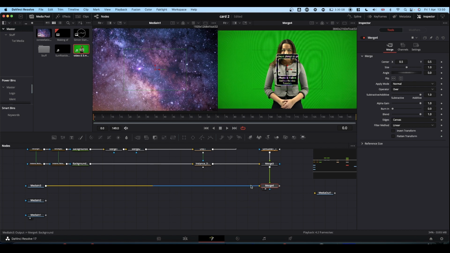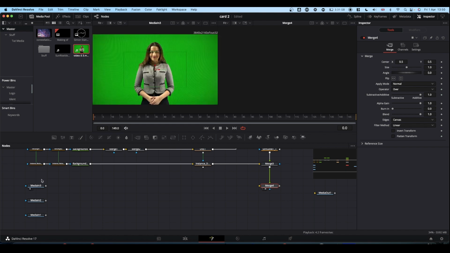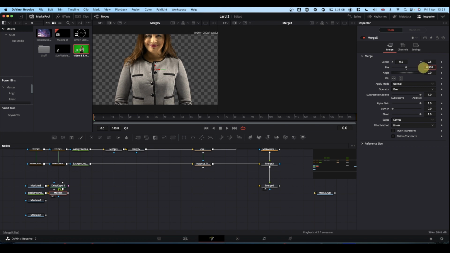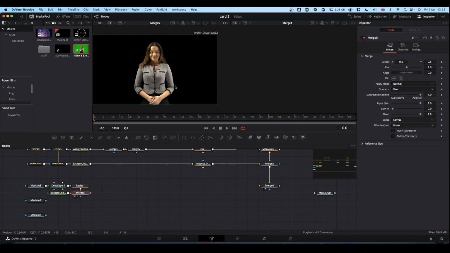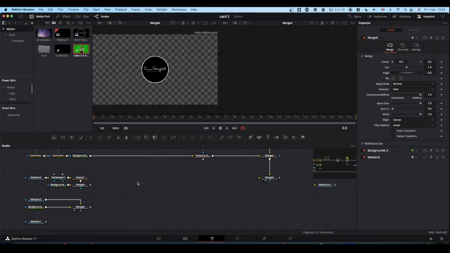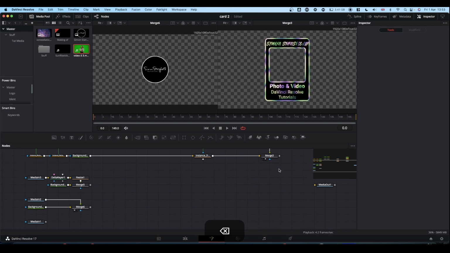All that being said, I'm going to take a couple of minutes and just set up all these elements so that they fit, because at the minute they're all random sizes and stuff. So I'll whiz through that quickly and I'll be back with you in a second. Okay, so we've got our various elements set up. As I said before, first thing I'm going to do is get the presenter in the right